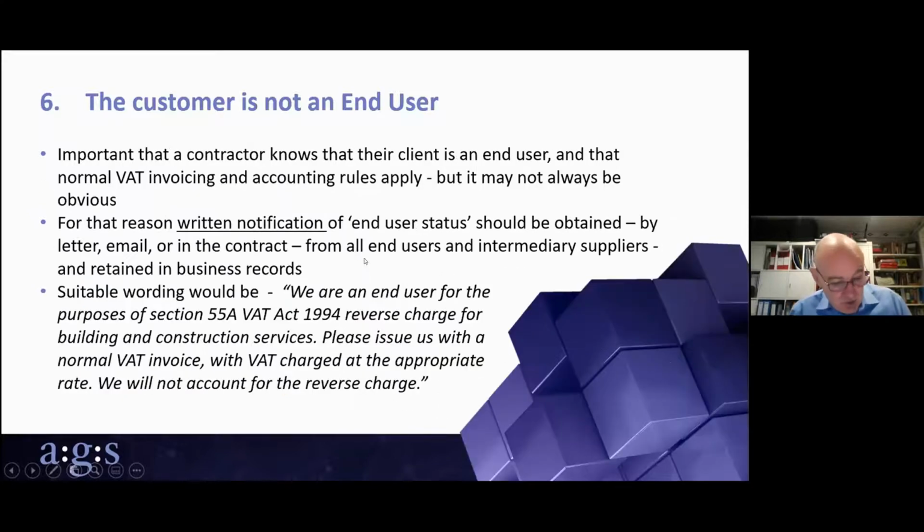So you can see from this, hopefully, that it is very important for a subcontractor or contract supplier of construction services to know when they're supplying an end user. If they are, they must issue an ordinary VAT invoice and account for the VAT. It means that if a contractor mistakenly assumes that they should use the reverse charge, then they won't charge VAT, and they could actually be at risk of being assessed by HMRC. HMRC have promised that for the first 6 months of the application, there will be a soft landing. They'll take a light touch.